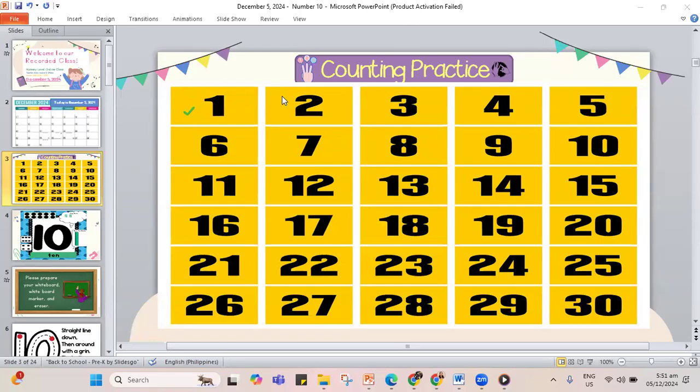We have 1, 2, 3, 4, 5, 6, 7, 8, 9, 10, 11, 12, 13, 14, 15, 16, 17, 18, 19, 20, 21, 22, 23, 24, 25, 26, 27, 28, 29, and 30. So we have our numbers 1 to 30.